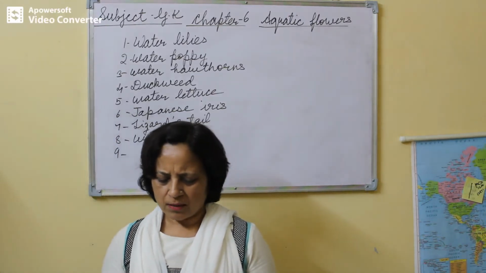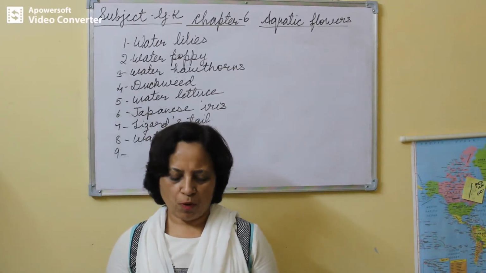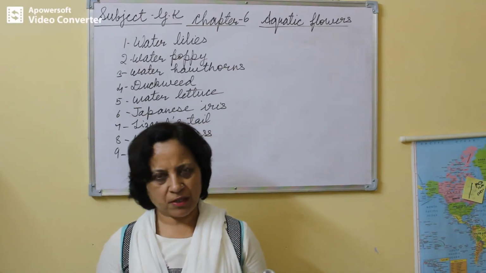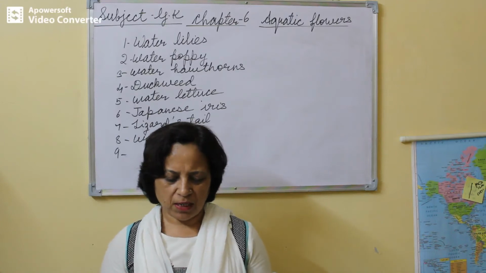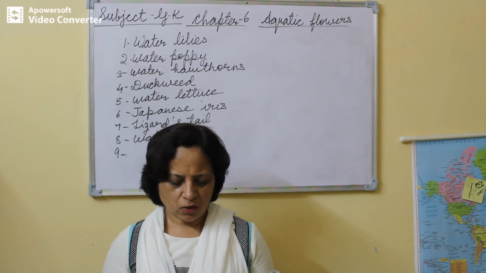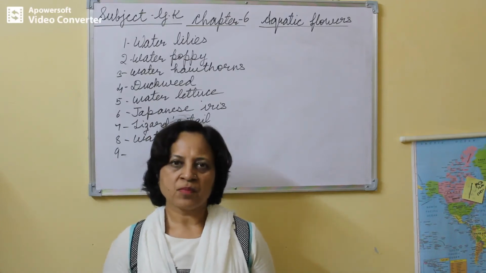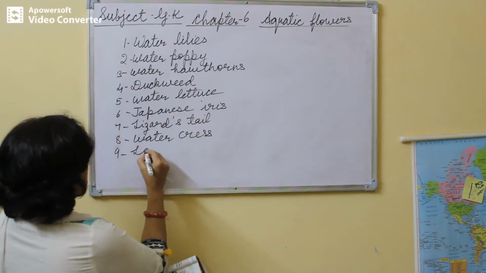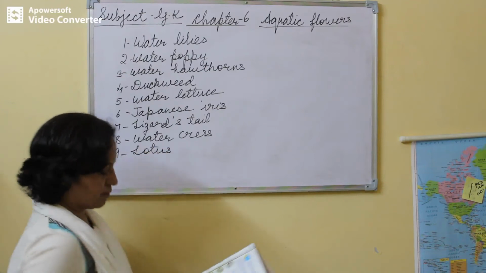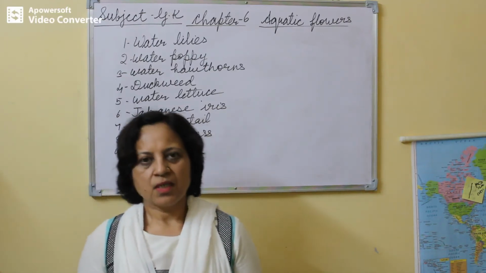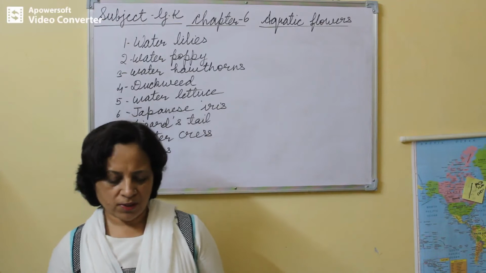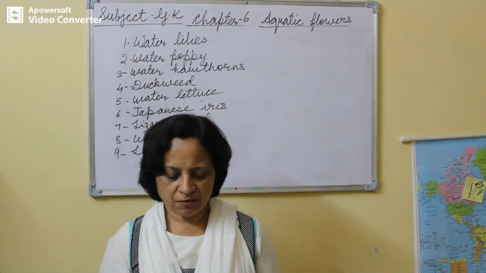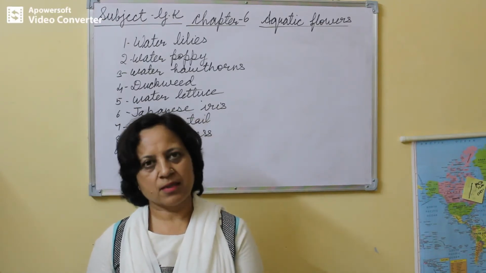Ninth is a water plant growing in the mud of shallow ponds, lagoons, marshes and flooded fields. It is native to parts of the Middle East, Asia, Australia and New Guinea. Answer is lotus. It grows in mud of shallow ponds, lagoons, marshes and flooded fields. And the answer is lotus.